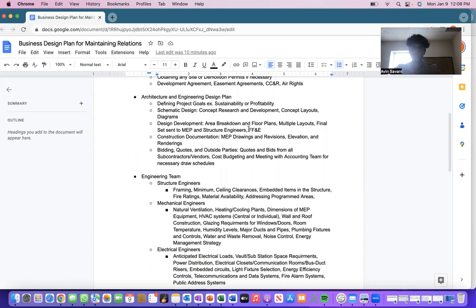furniture, fixtures, and equipment. So this would also be displayed on a larger report, kind of like a design layout report. It's a lengthy layout report, 50 to 100 pages, probably even more than that sometimes, depending on the complexity of the project. But it really goes through each and every phase. So yeah, and then construction documentation. So this is what is going to be ultimately sent to the general contractor and coordinated with them.